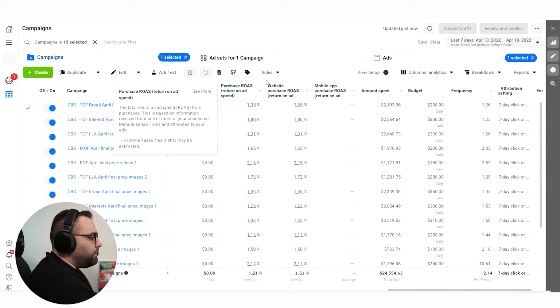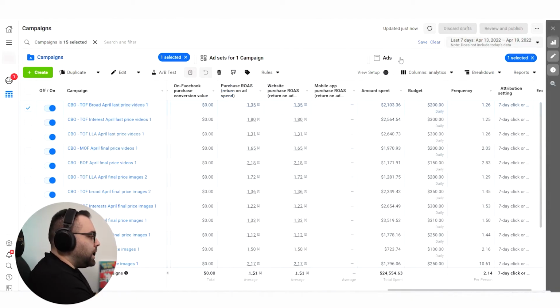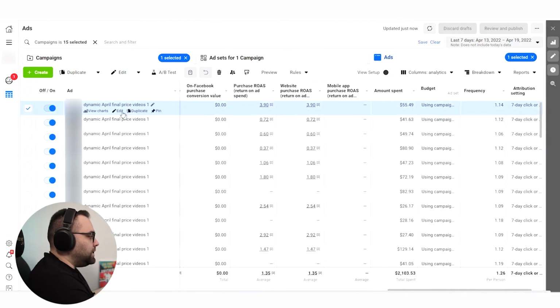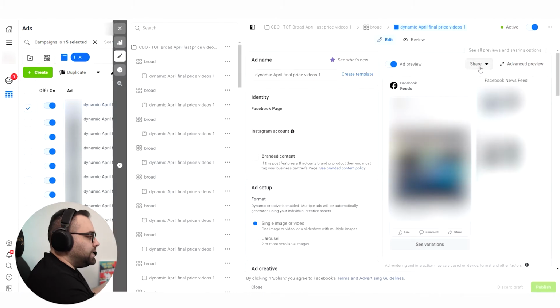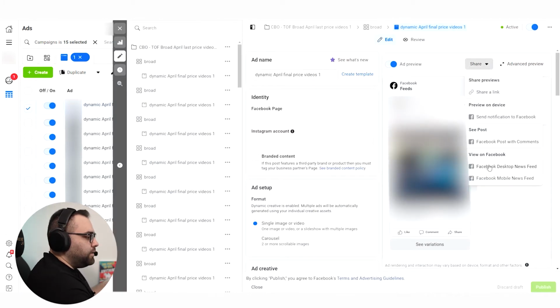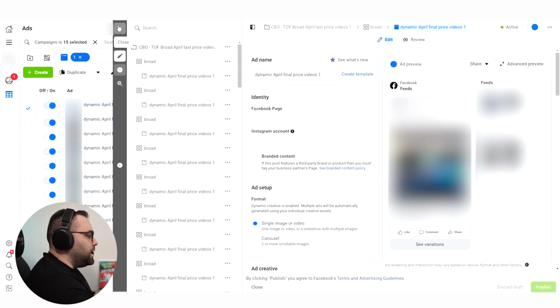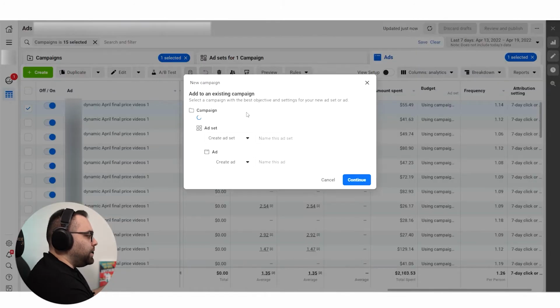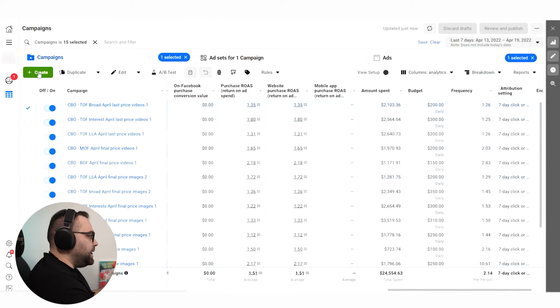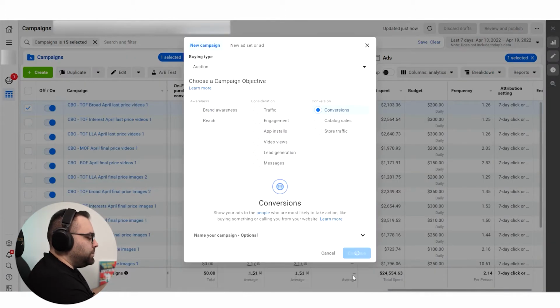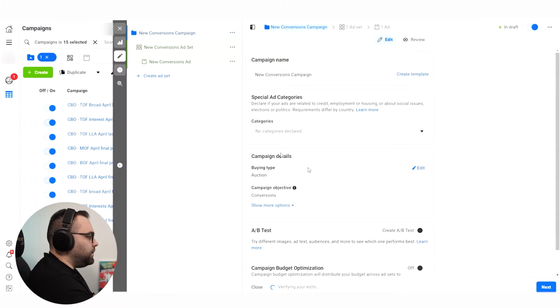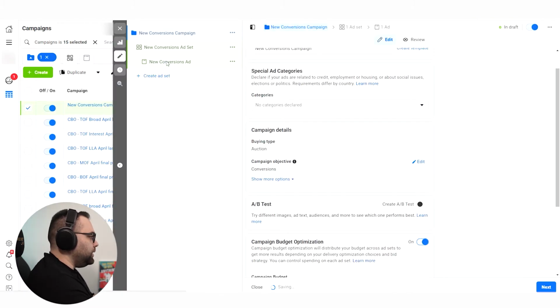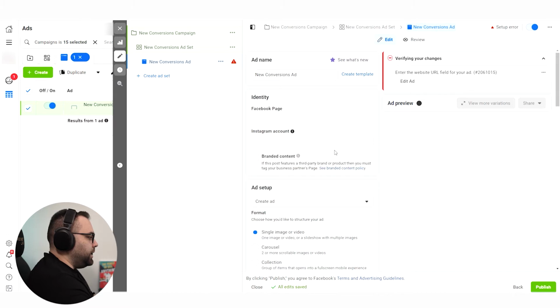First of all, if you're having one campaign, I would like to show you how you can actually preview one of your ads. So let's pick one campaign here. Let's go to the ads level, edit it. And by clicking here, you can click share and Facebook post with comments. When you click on that, it's going to open a new one, which is going to show your post. Now, when you're doing ads, let's create one dummy campaign here, one conversion. Let's press continue, and let's go immediately on the ad level just to see that.